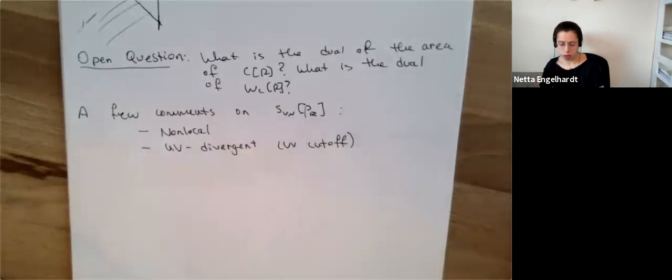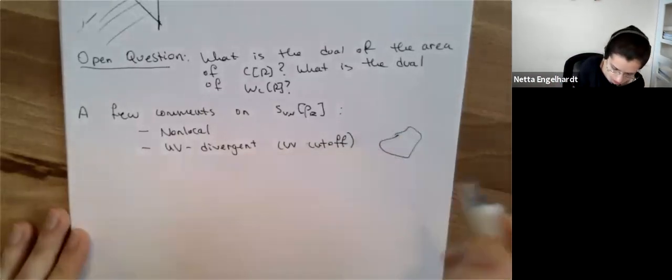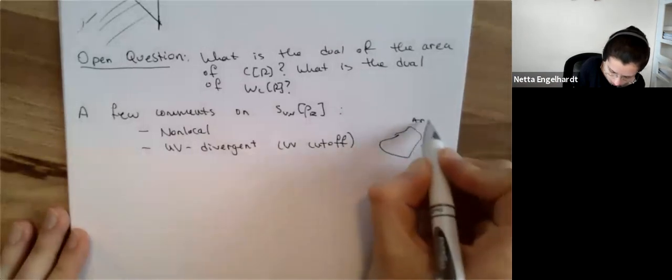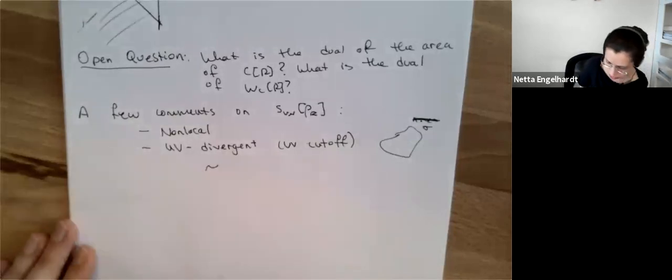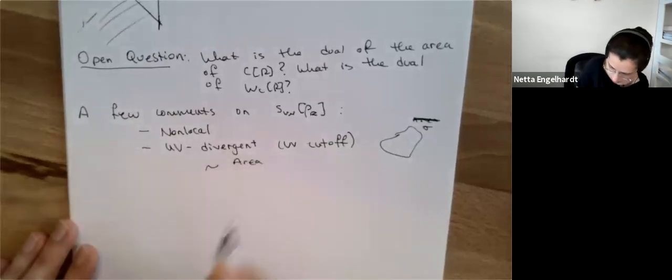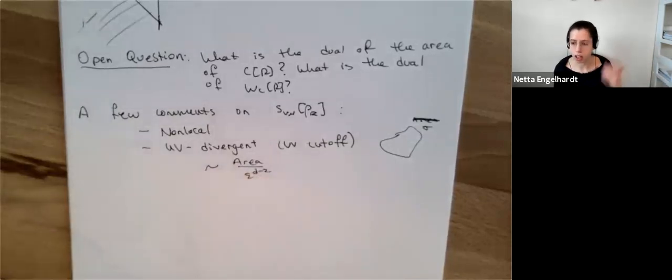And the leading order divergence with this type of UV cutoff is proportional to the area of the surface whose entropy you're computing. So if we have some surface with some area, let's call this surface sigma, then we expect that the leading order divergence, at least in higher dimensions, is going to be the area over the cutoff to the d-2, and there is a logarithmic divergence, which you already discussed today. When you're in odd dimensions, you'll always have some subleading UV divergence.